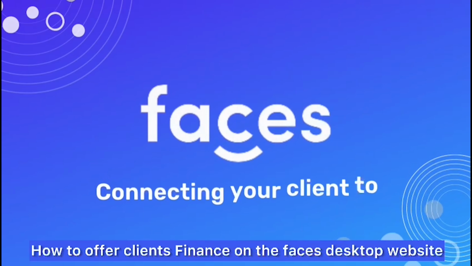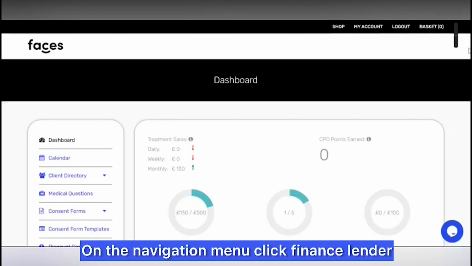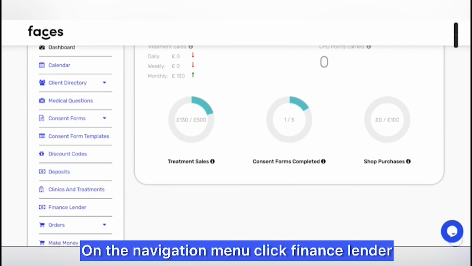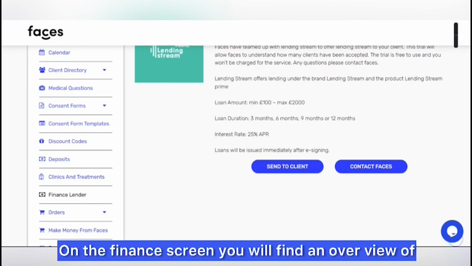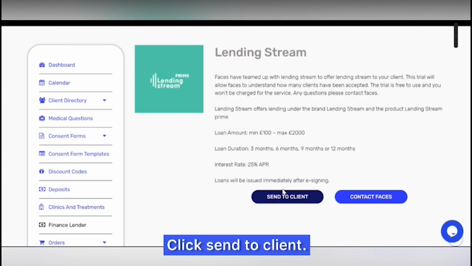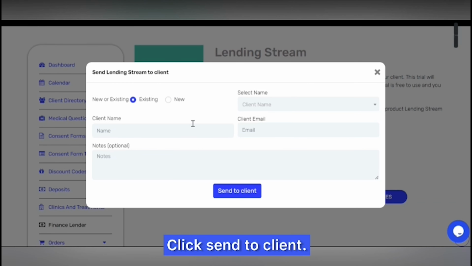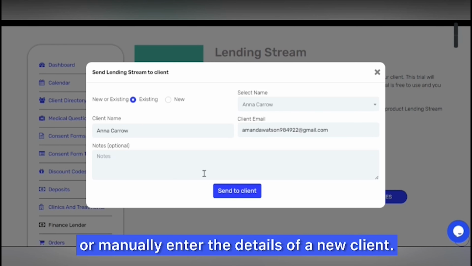To offer clients finance on the Faces desktop website, on the navigation menu, click Finance Lender. On the finance screen, you will find an overview of the interest and borrowing limits. Click Send to Client. You can send it to an existing client or manually enter the details of a new